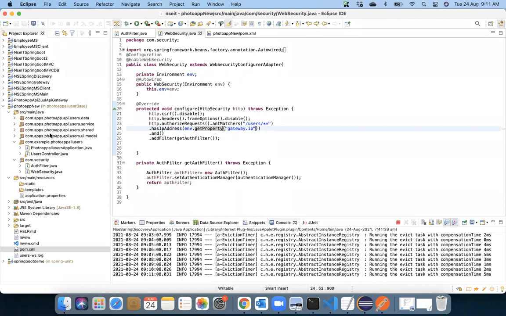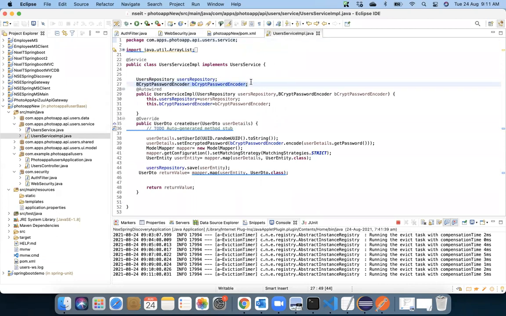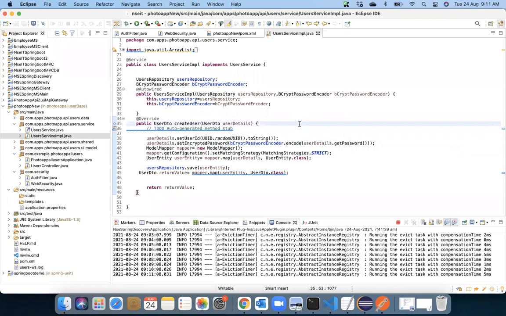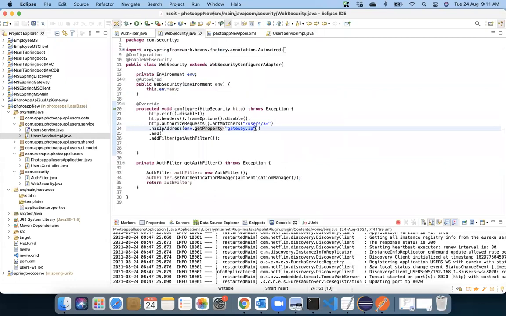To encrypt the password, in our service IMPL, I've included this BCrypt password encoder as part of Spring Security, and we use this statement to set the encrypted password, making sure all passwords remain encrypted, because tomorrow your database administrator should not have access to your passwords. So password is encrypted. Later on, we enabled the API gateway, hard coded, and later on we read from the property files. So these options we have implemented.